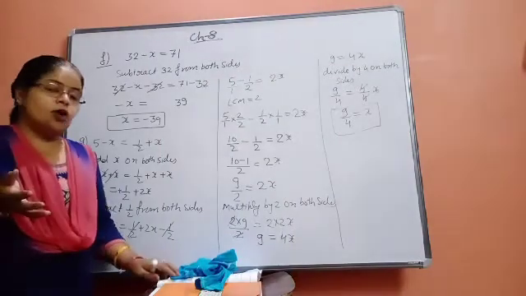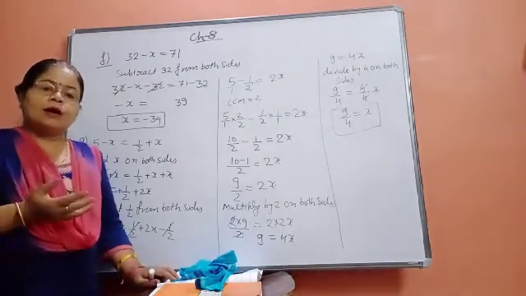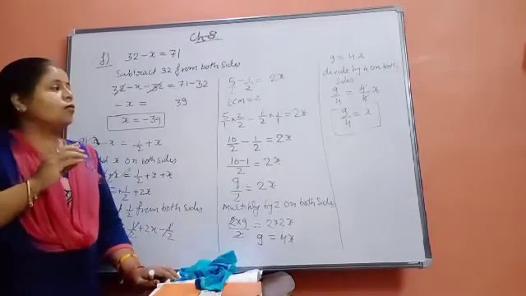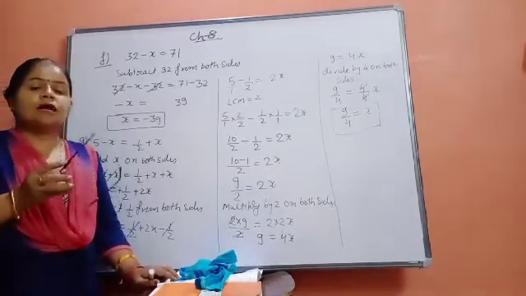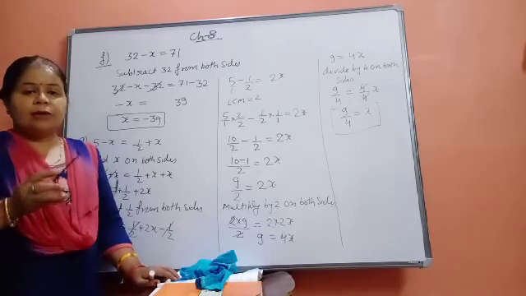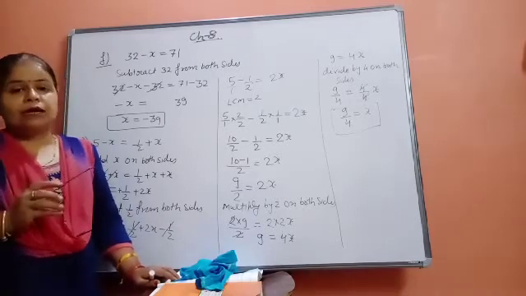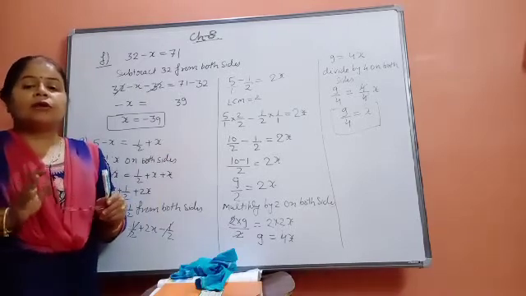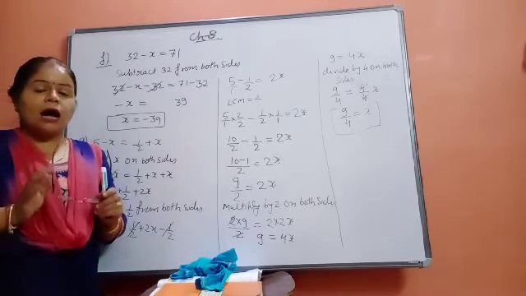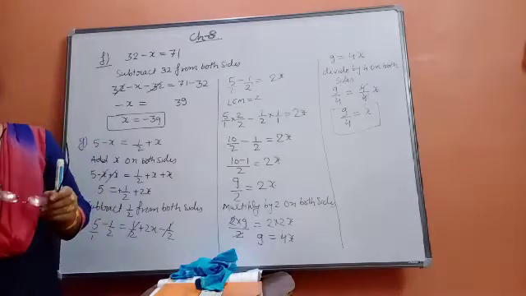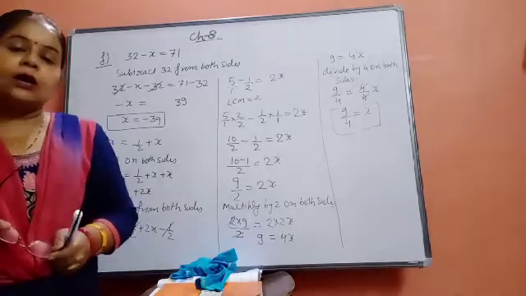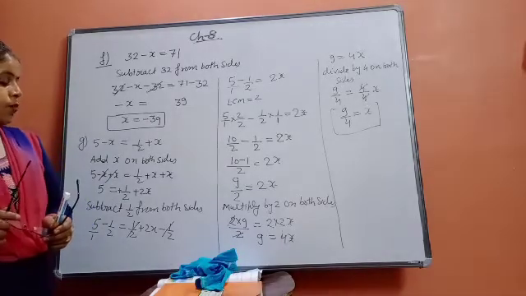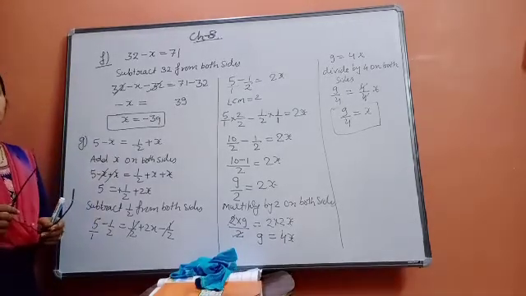what will the next operation be? It will depend on your personal practice and your intelligence, what the next operation can be, so that sometimes we need the variable free, sometimes we need the arithmetic value free, so that we can get the value of the unknown value in the given equation. So our aim is to find the value of the unknown variable in the given equation. Okay, now we are coming to the next part of the question.